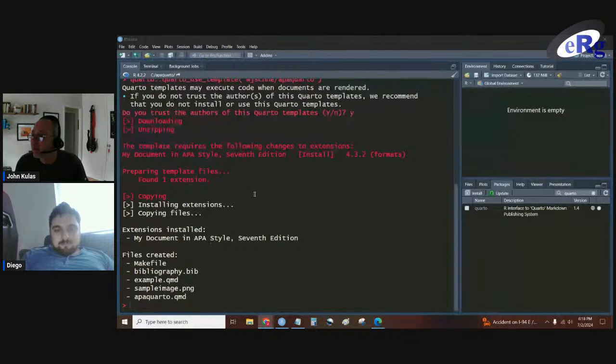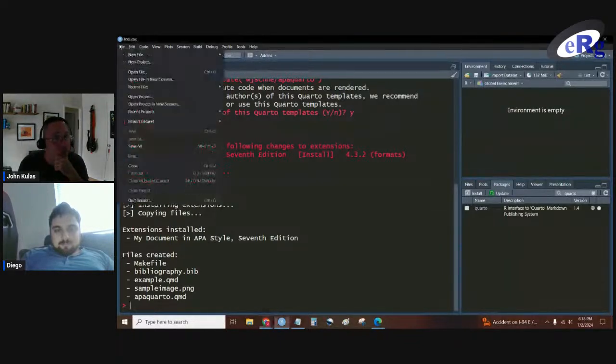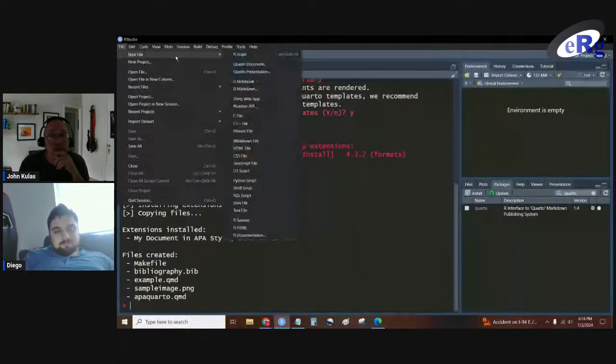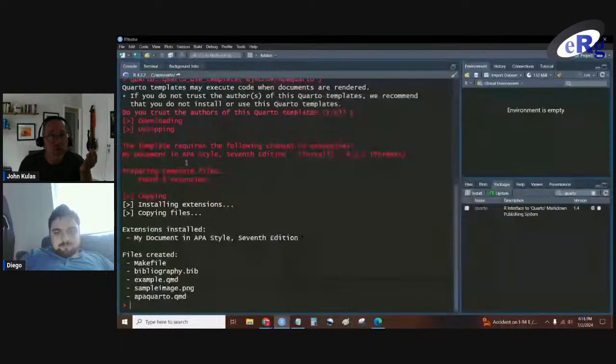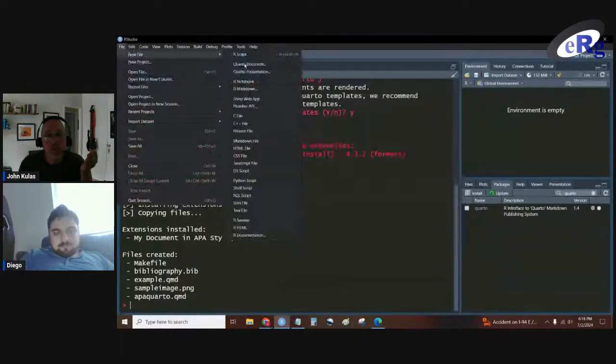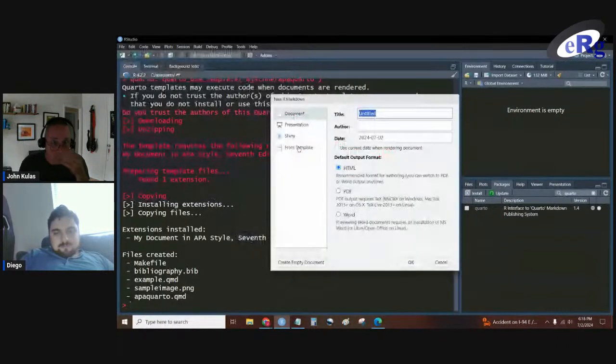I'm not 100% sure where it might appear in my RStudio here. So maybe, again, without reading the instructions, we'll take a look and see if it appears if we go through the pull-down menus in the GUI here and try to do a Quarto document. Okay, I'm not seeing, for example, in the old R Markdown ecosystem, if we went R Markdown, we would have